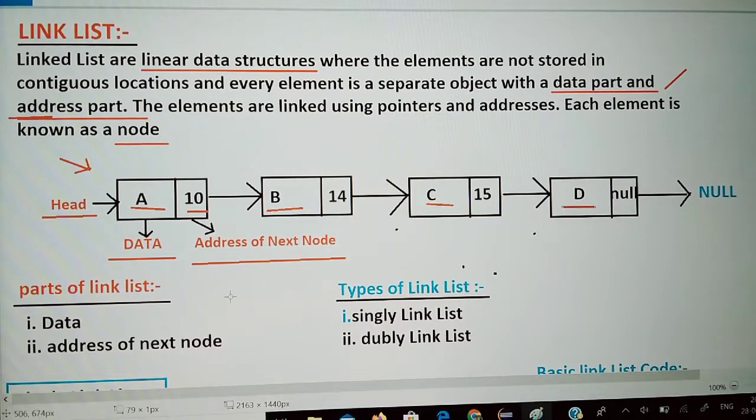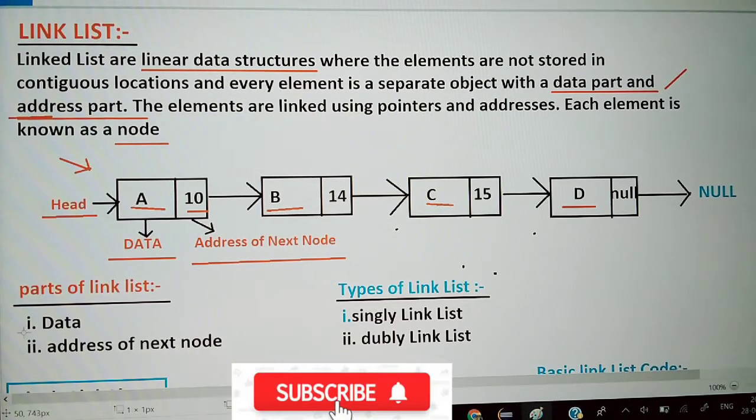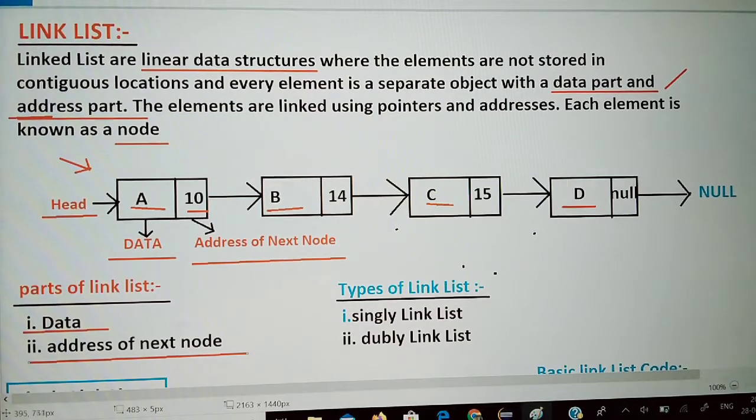Here I have written the parts of a linked list. The first part is the data, and the second is the address of the next node. So the parts of a linked list are clear, I think.